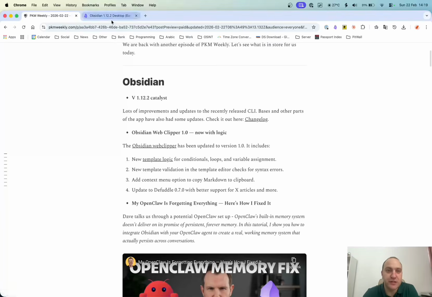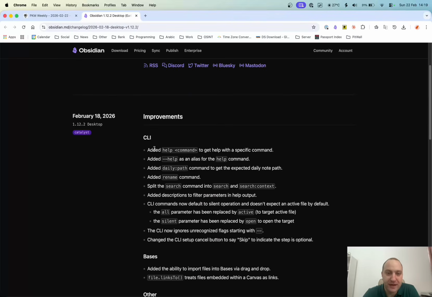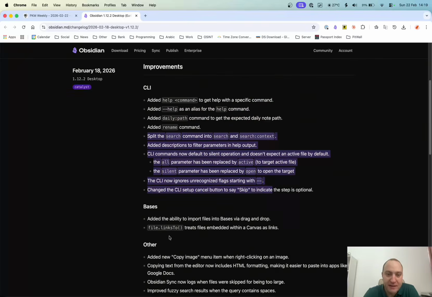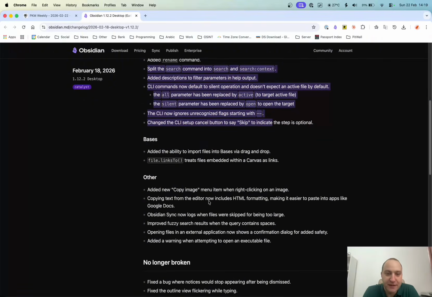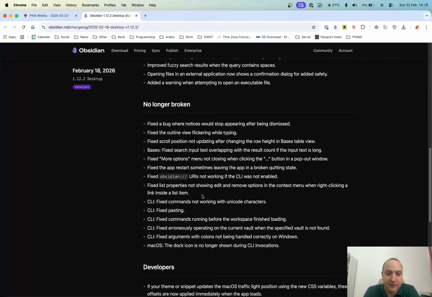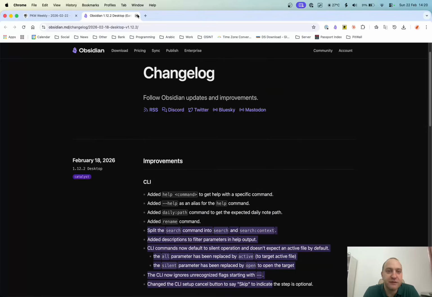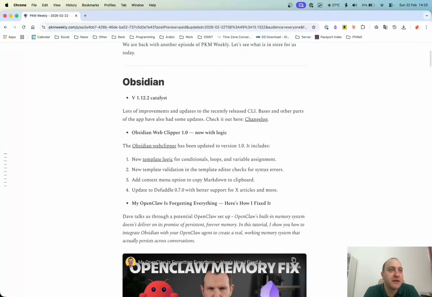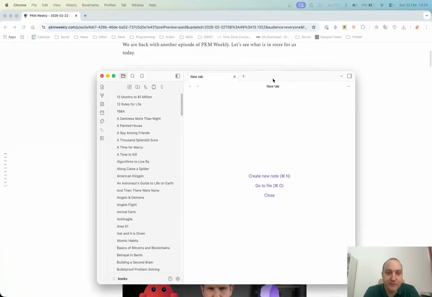So if we just check through the changelog, that includes new commands for the CLI and various different updates that they've implemented. Bases, we now have the ability to import files into Bases via drag and drop, and there's other things that have improved in the app just to make it better. So lots of great stuff within Obsidian, and just as a reminder, if you want to use the CLI within